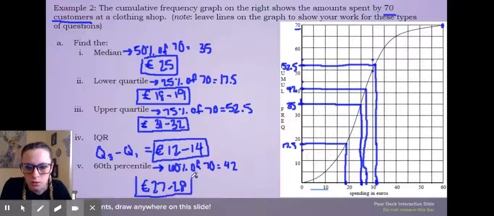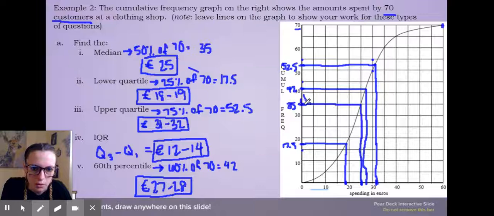So before we move on to our last two parts of this, just noting about those lines. There's very little work here, right? Because even then you don't have to write out 50% of 70 is this. I could tell that from where you put your lines. So you would at the very least need to put in, I'm marking up my